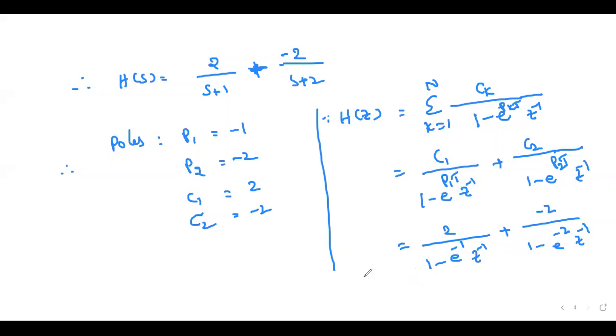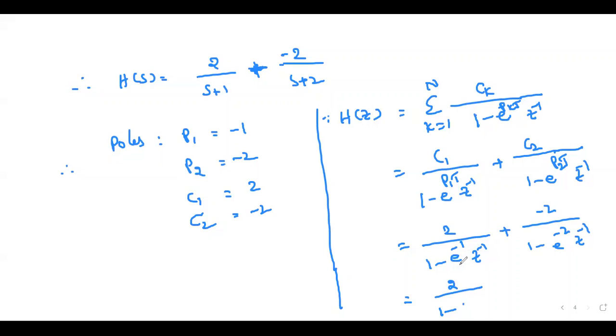It's done. Then this e power minus 1, you can write the value of e power minus 1 and you can club this and you should write it as H of z. Whatever is given in the problem, same way you should write it. So what is e power minus 1? What is e power minus 1 value, Sandhya?